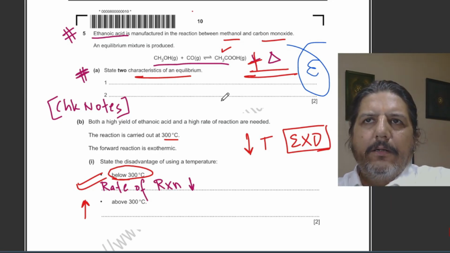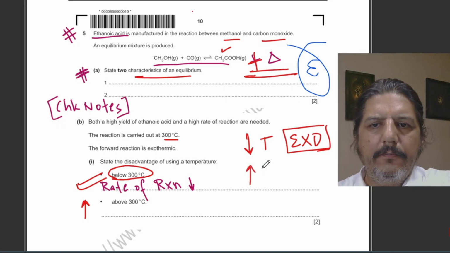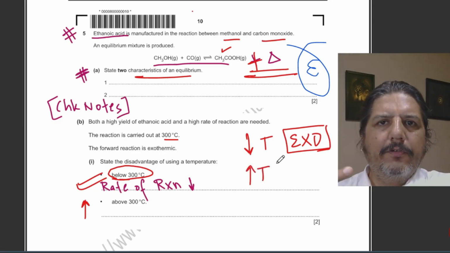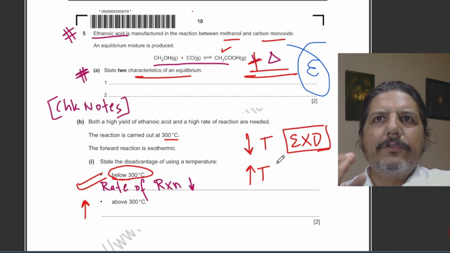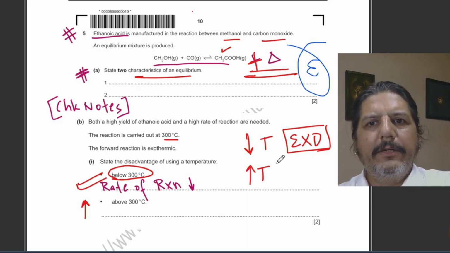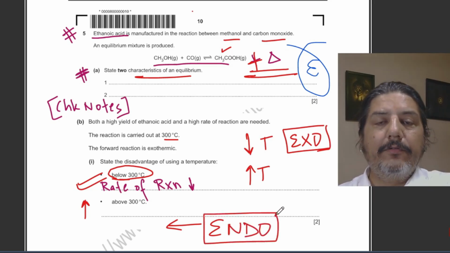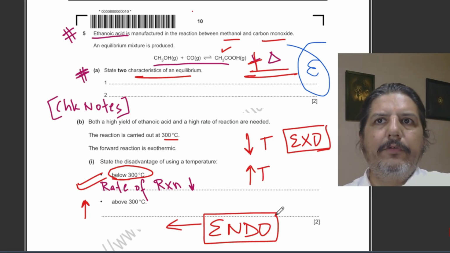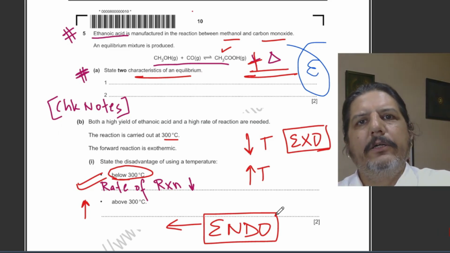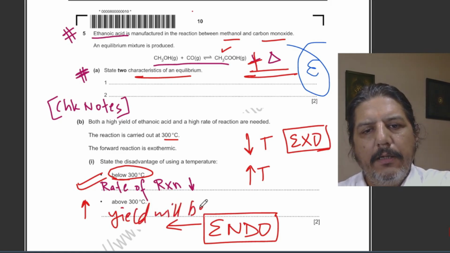the reaction will try to oppose this. How can it oppose it? It can oppose it by moving in a direction where the temperature is decreased. We understand that in the forward direction it's an exothermic reaction, so in the backward direction it will be an endothermic reaction. So when I increase the temperature, the reaction will move in the backward direction, because when it moves in the backward direction, the temperature will get lowered. So that is why the yield will be less